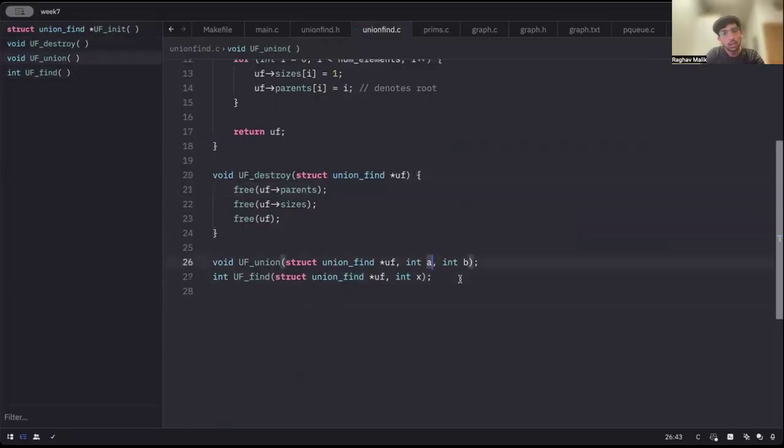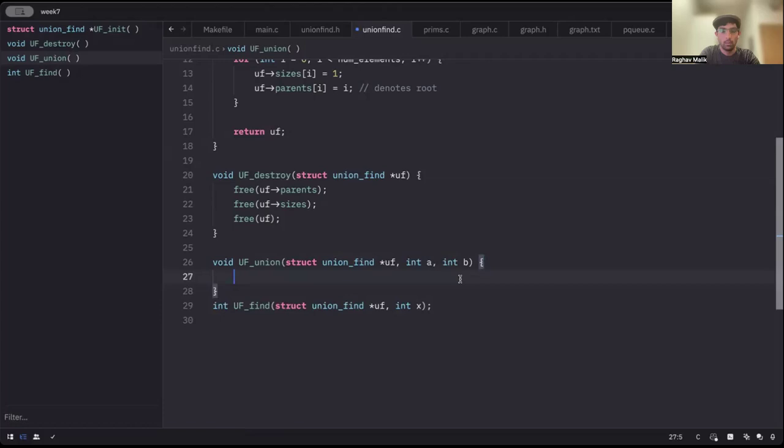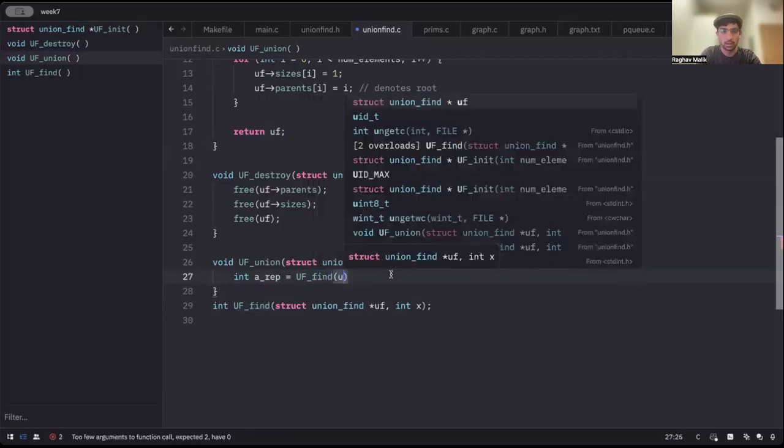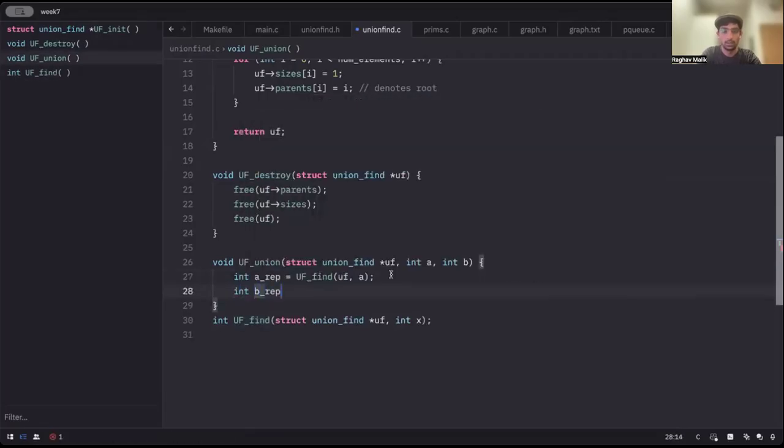Now, let's look at union, right? So the first thing I want to do is figure out who has a bigger size. So actually I need to call find here first, right? So int a representative equals UF find UF a, and then b representative equals UF find UF b. So we find the roots of both of these trees, and then we're going to merge, having the parent of the smaller root point to the larger root, right? So if